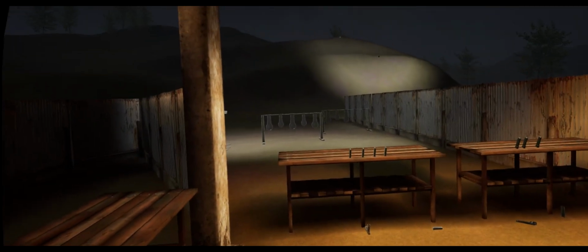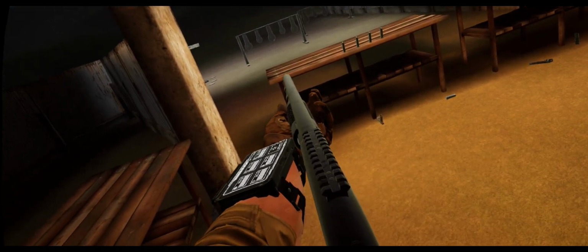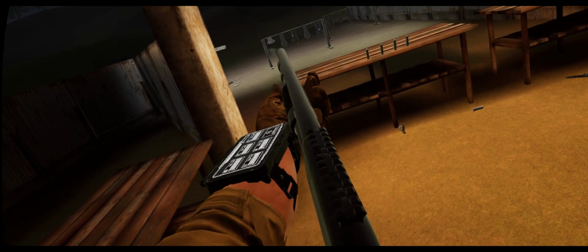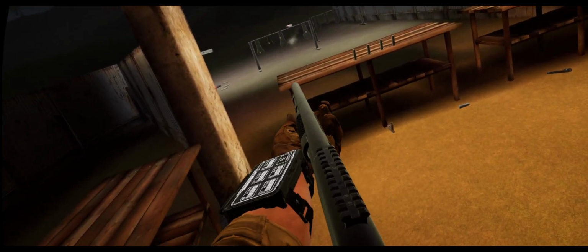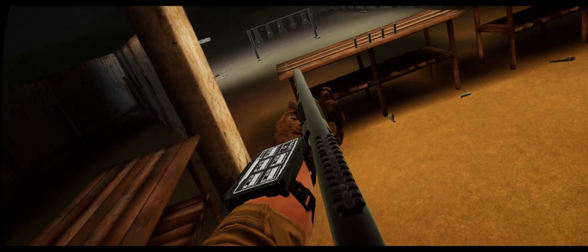Or you can slide the tray out to expose the desired amount of ammo, flip the box over the table, and press trigger on the same hand to drop the amount of exposed ammo. Now pick up the individual shells with grip and load them into the shotgun. Depending on the shotgun, pull back the charging handle with trigger or pump the forestock with your...